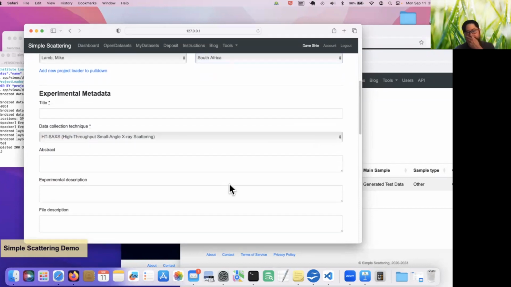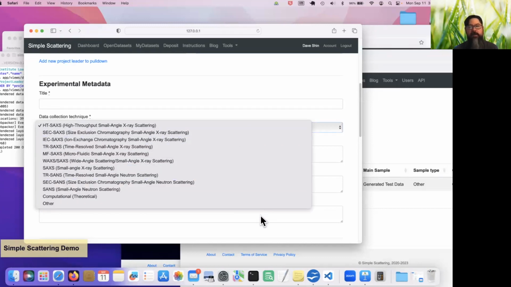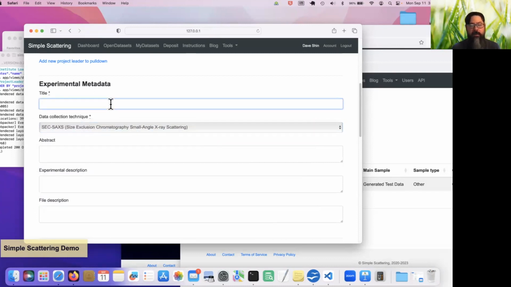In the beginning, we were going to work with HT-SAXS and SEC-SAXS, but like I said, we've expanded that list thanks to some suggestions from different groups and people from within our lab. But I'll pretend that I'm doing SEC-SAXS for today, and I'll just call it